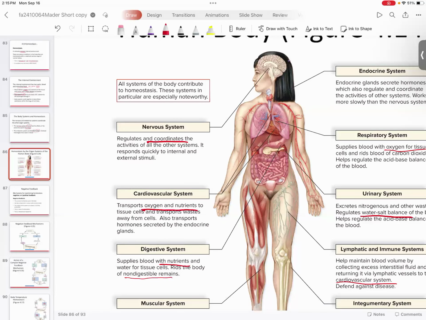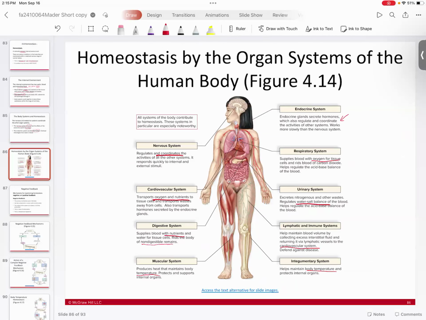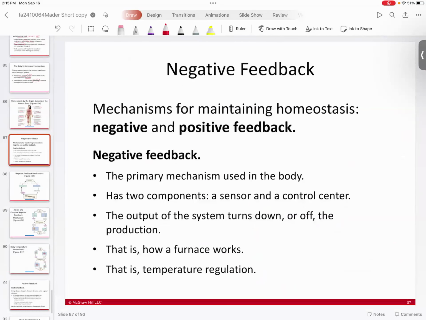So you can see homeostatically, and this is true for most things, organ systems aren't separated by lines drawn around them and working in isolation. Typically the organ systems all work together in a continuum, in an integrated form,